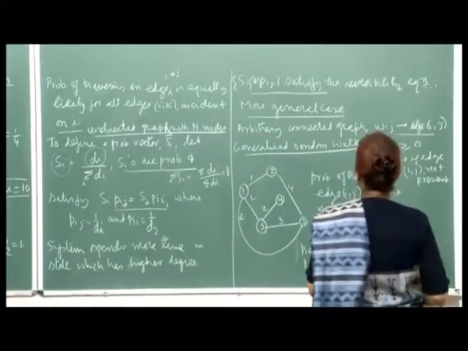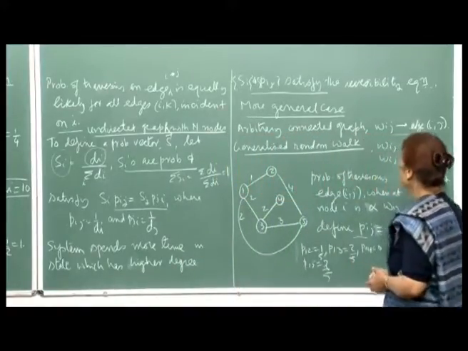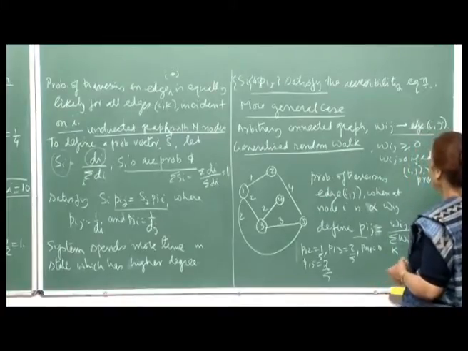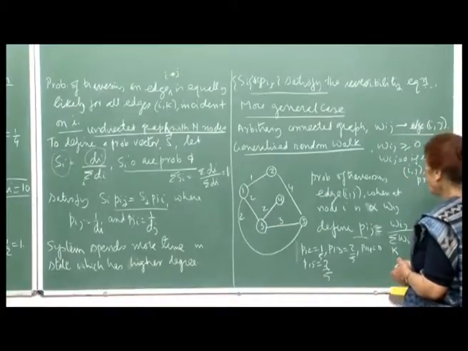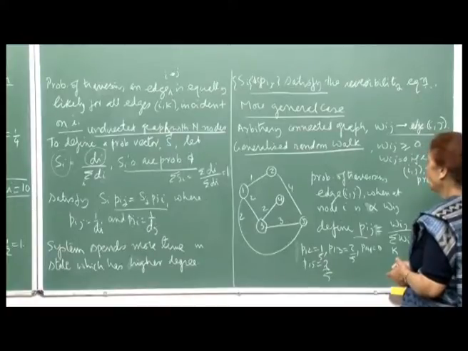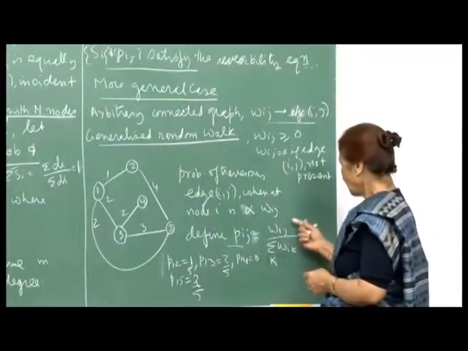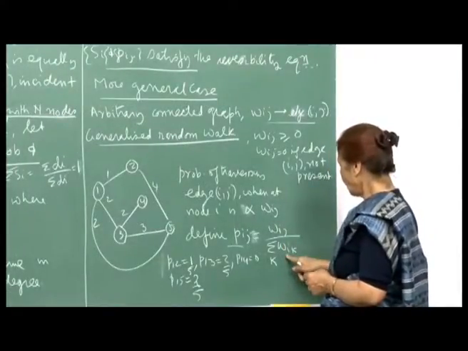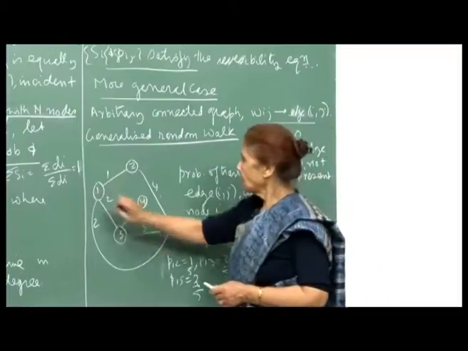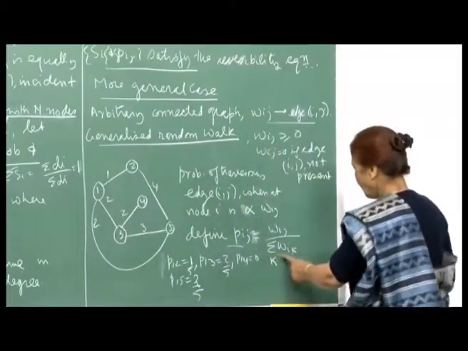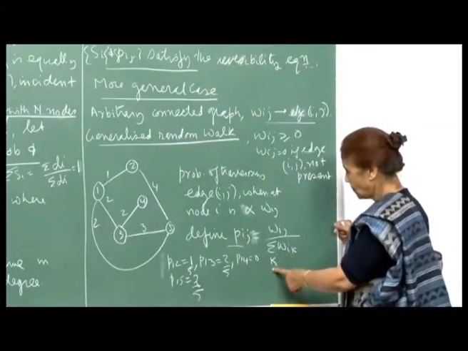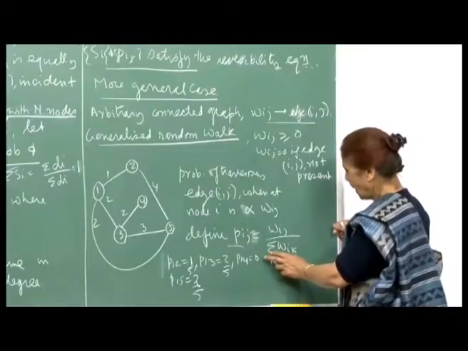So, now let us talk about the generalized random walk, where we will have weights attached to the edges, and the weights will be 0 whenever the edge is not present, right. And then we will define the probability of traversing an edge as Wij divided by the total weights of the edges which are incident on that node, right. So, sigma Wik, summation with respect to k. Okay. So, you add up all the weights.